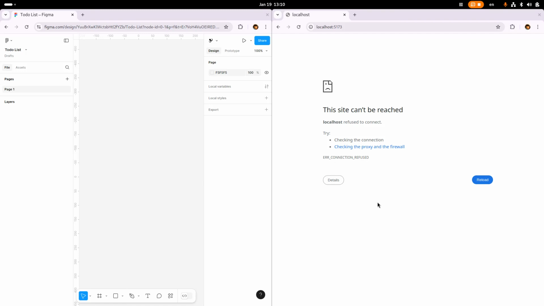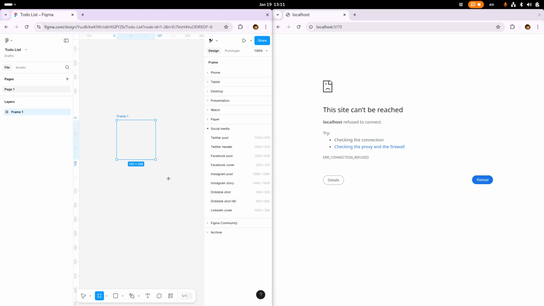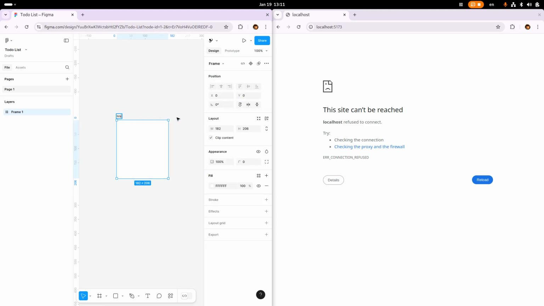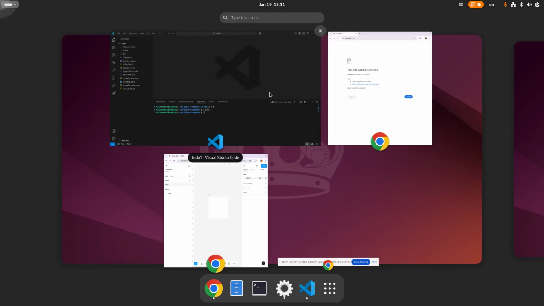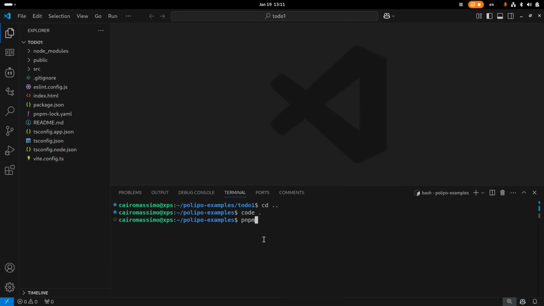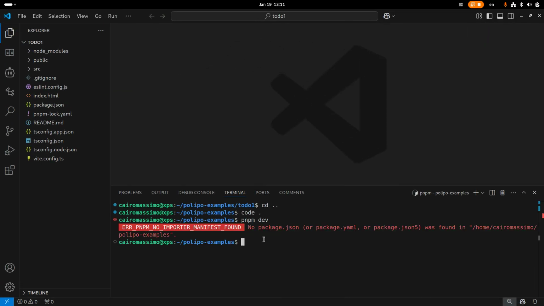Hi, today we will show how to implement a to-do list app using Polipo. So we start with an empty Figma file, and we start by drawing a frame. We just call it main. Now we go to the code, we run our application,